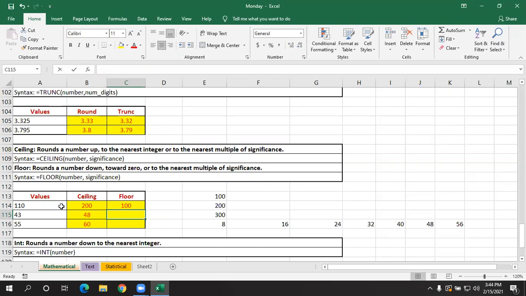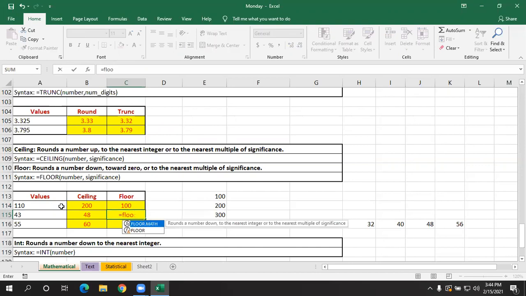Now in this, if I check floor, open the parenthesis, I'll select the cell, comma, significance, I'll give multiple of 8 only. Now, do we have 43 in multiples of 8? We don't. As I told, floor is the lowest value, meaning it will check for the bottom value, which is a number less than 43 and present in multiples of 8. It is 40.